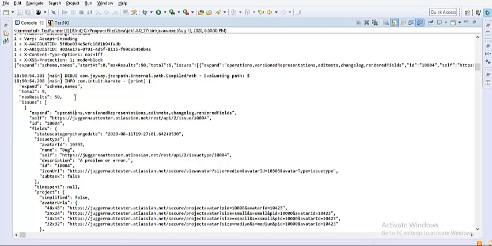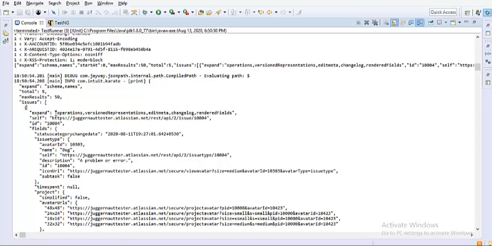If you actually look into this, you have a parent field, which is expand, and you have total and maximum results. And if you see, issues is basically an array. That's what we have seen, because if you look at the number of issues in our project, we have 5 record types present. Since all 5 records are of issue type, they were put in an array of issues.